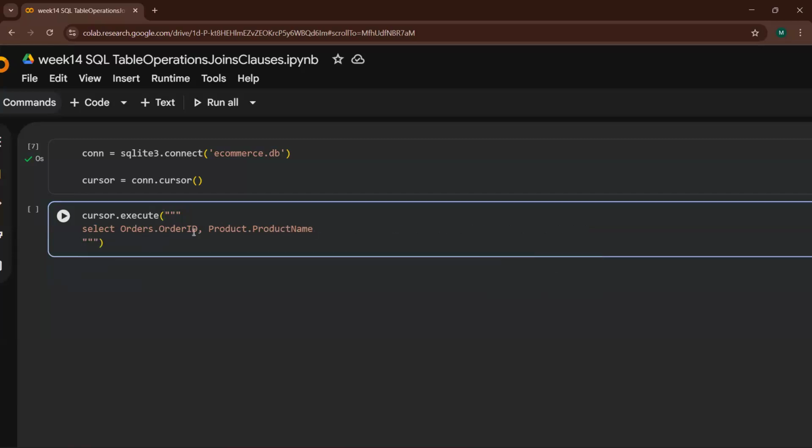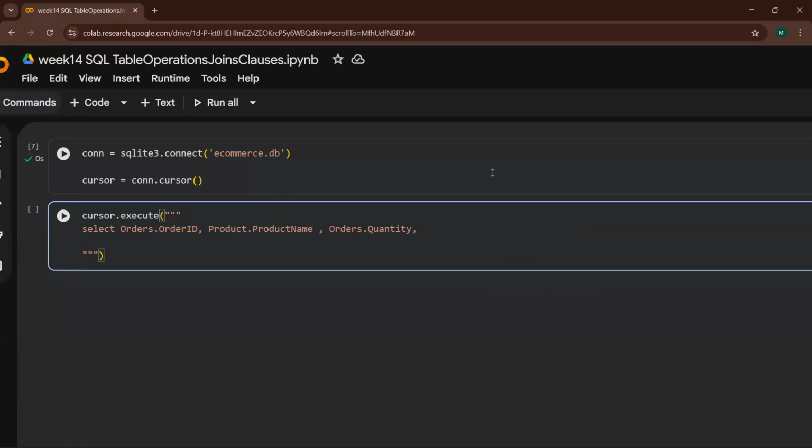From orders table, I got order ID. From products table, I got the product name. Then again from orders table, I need quantity. Then from product table, I need price.